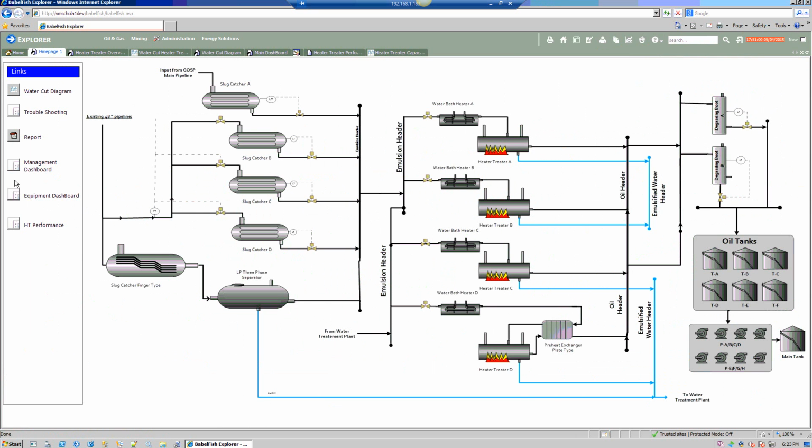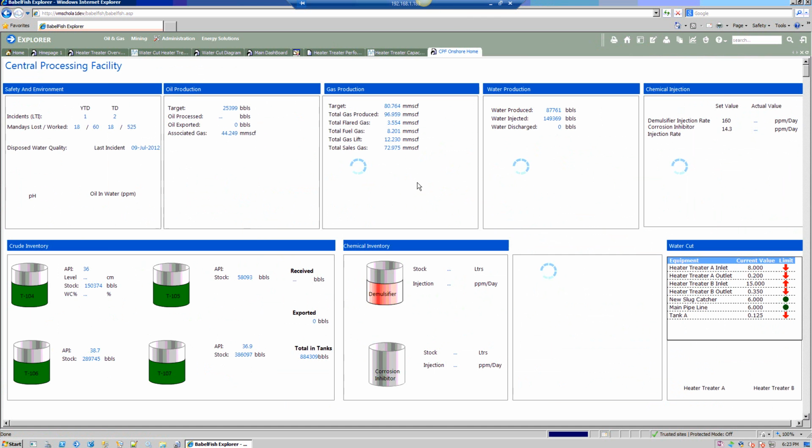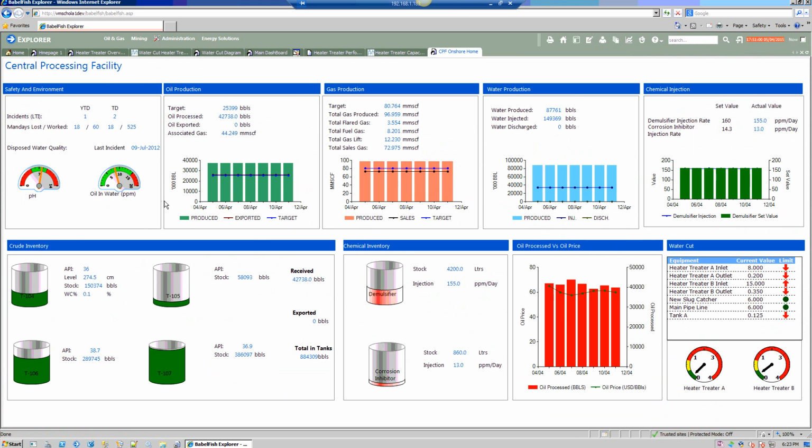And finally, I'll just show you the dashboards that we built. This is a dashboard of the key parameters for the management, so they can have a look every day. Every day they can have a look at the key parameters and how the parameters are behaving. This is the dashboard we built, keeping in mind the oil production, gas production, water production, the chemical inventory, the crude oil inventory, and the key parameters for